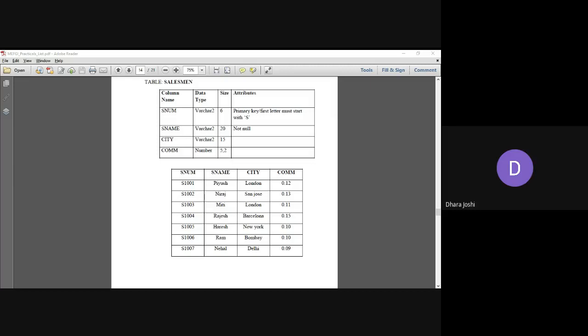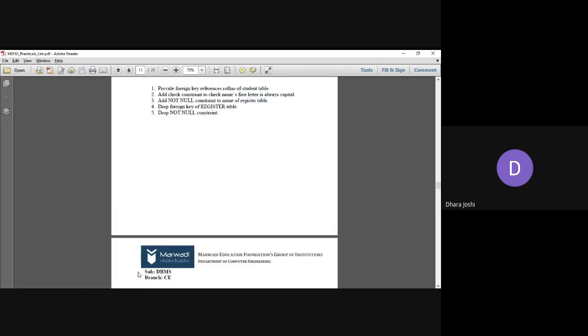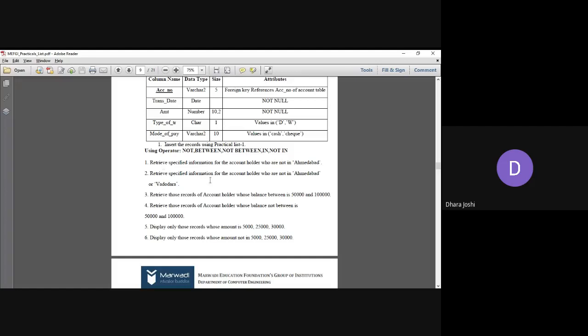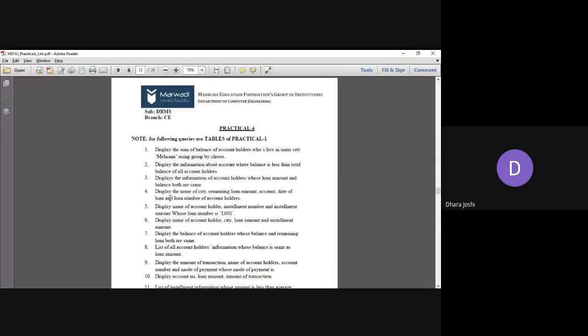Okay. In practical number 3 and 4, it is required because, just a minute, I'm showing you here in the practical list itself. In practical number 3, we have done all these queries. So what can be the result? It will be visible because you have inserted the records. So whenever you fire this query, we get some result. If you don't put the screenshot, then you are not able to tell what this query means and how you have executed this command. The logic which you have put into the query, you will verify with the help of the results. That's why the results are needed for practical number 3 and 4, because mostly they are based on these queries.